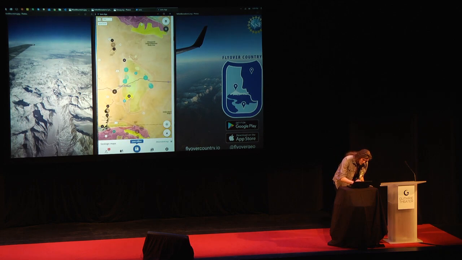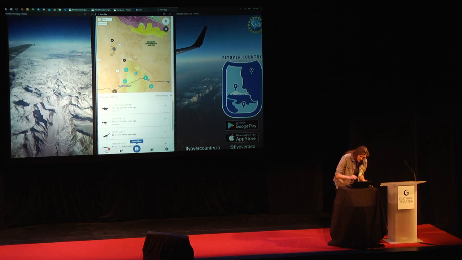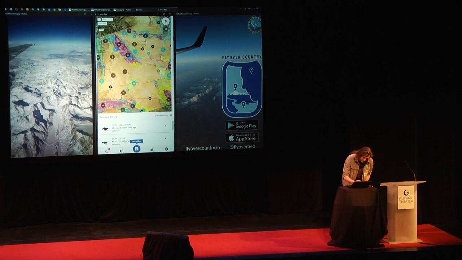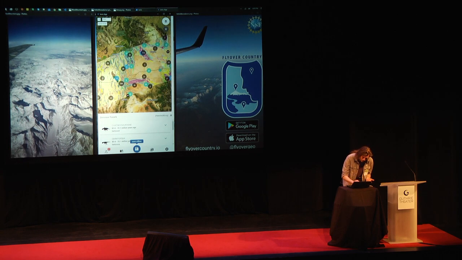So these kind of tealy colored ones are dinosaur fossils. So you can be flying over, your kid is wondering what happened down there, and you can say, dinosaurs lived there once, which is kind of a weird, crazy thing to say to your kid on a flight to San Francisco. But it's true, it actually is true. So those are some of the things that you'd encounter on your flight.